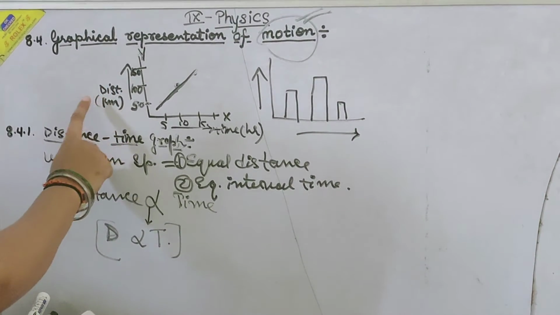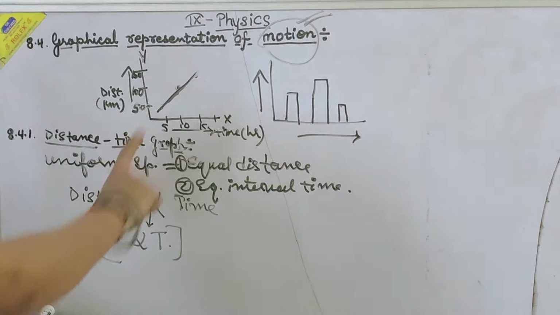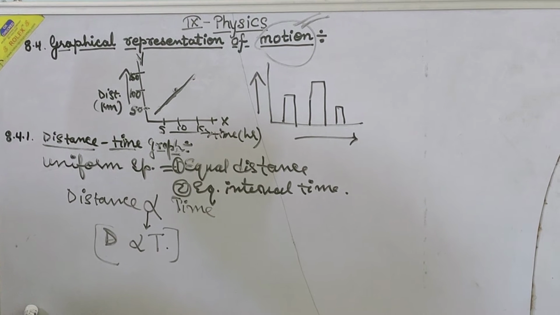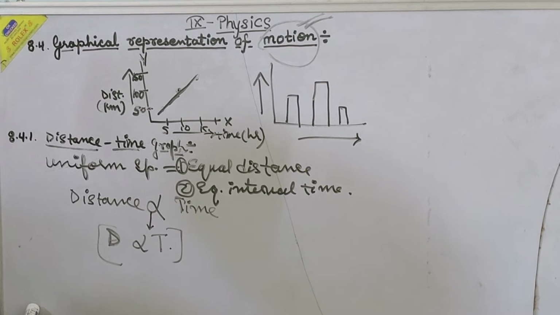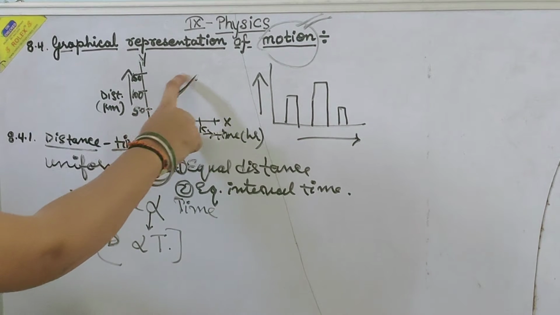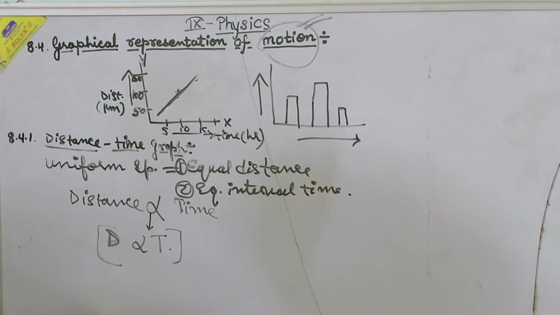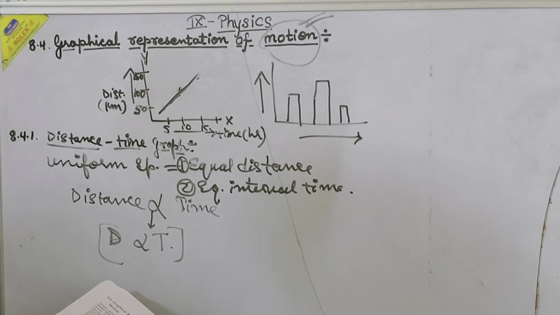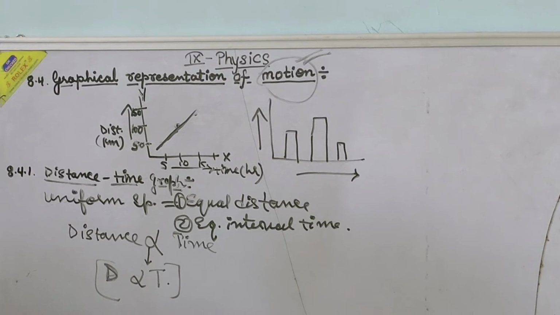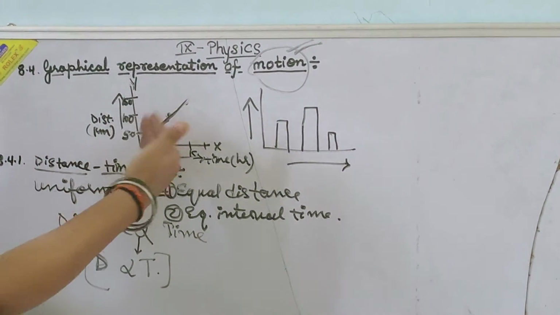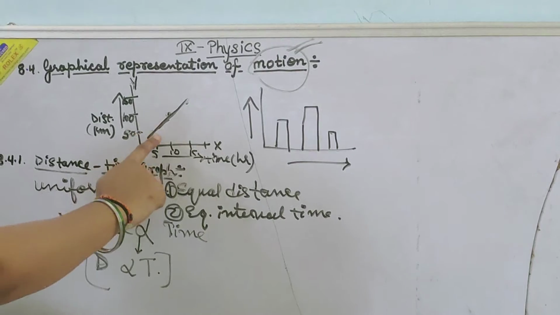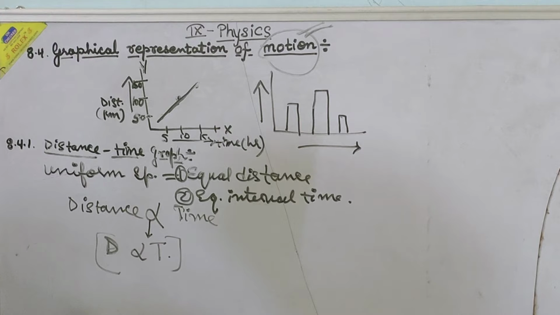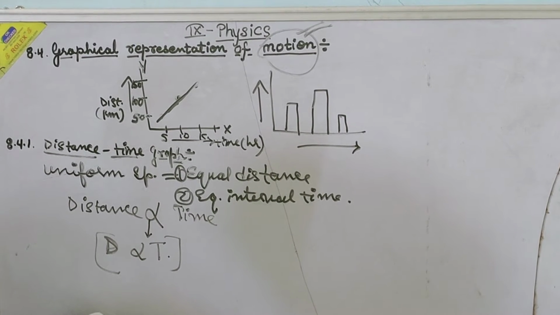This shows thus for uniform speed, a graph of distance traveled against the time is a straight line. Graph of distance against the time is a straight line. Okay, so it is represented in the figure. The portion OB of the graph shows that, and in the graph they have given the naming for all the points. So you have already seen OB, what it will represent: distance is increasing in uniform rate. Means suppose whatever time is increasing, distance is also increasing. So distance is increasing with uniform rate. Okay, OB represents this. Okay, so OB is completed.